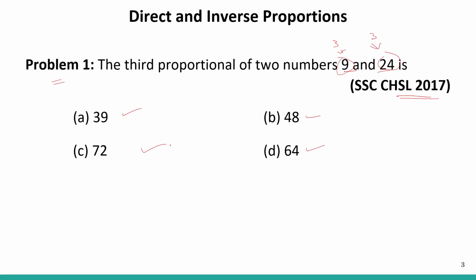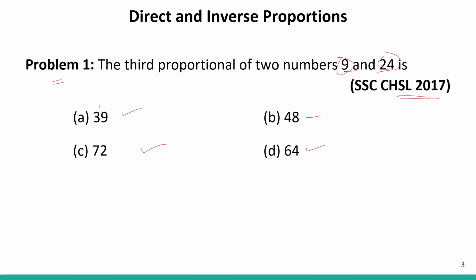So what we can do first is eliminate all the numbers that are not divisible by 3. This is divisible by 3, so still in the same ratio, this is eligible now. This is also eligible, as it is divided by 3. It is also eligible. So this is not a proper way to evaluate the third proportional.